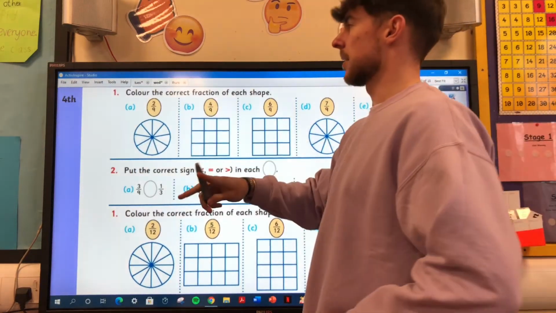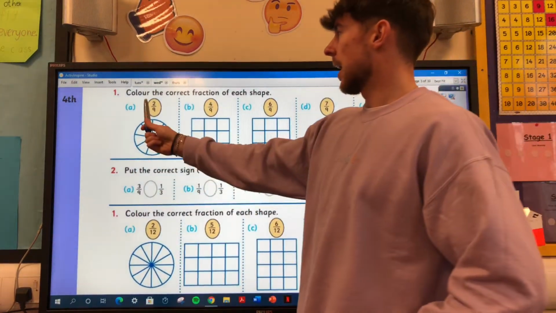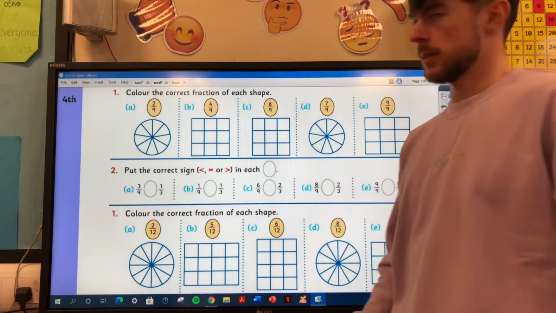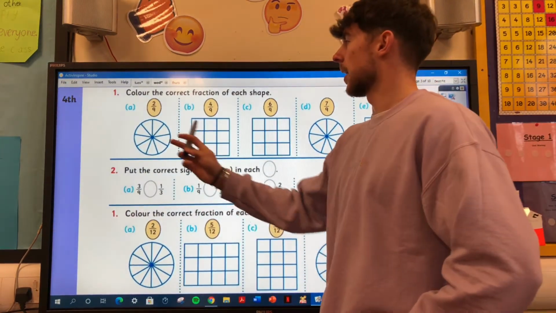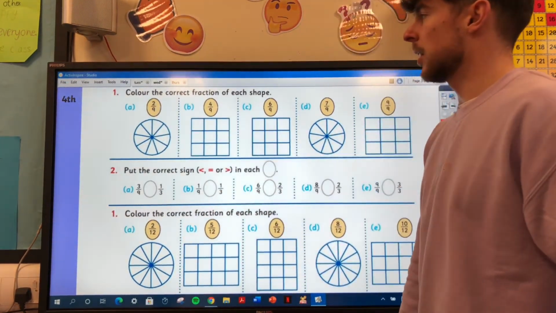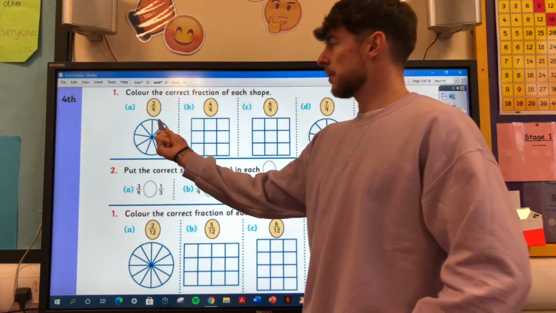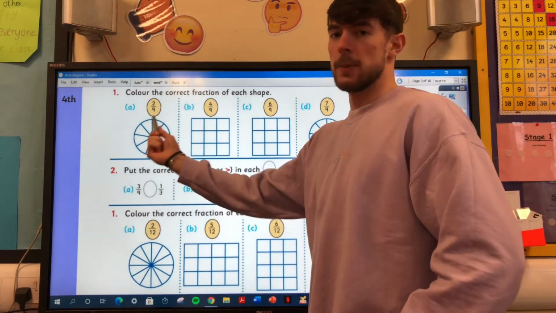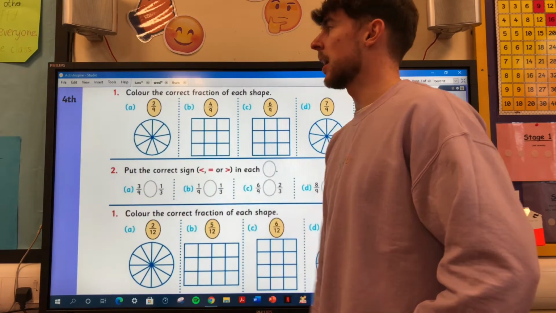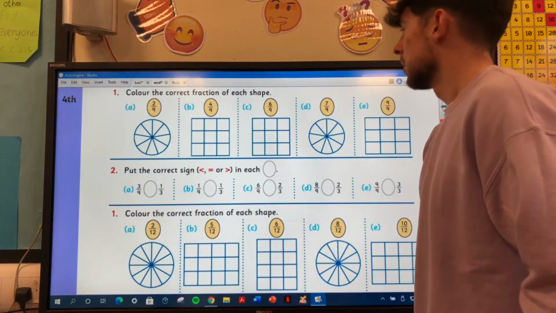Okay, fourth class. So on the first page, we have to colour the fraction of each shape. We did this yesterday, right? So 2/9. We have to count up how many pieces we have altogether, count up our denominator, and then colour in our numerator, right? So all I have to do,